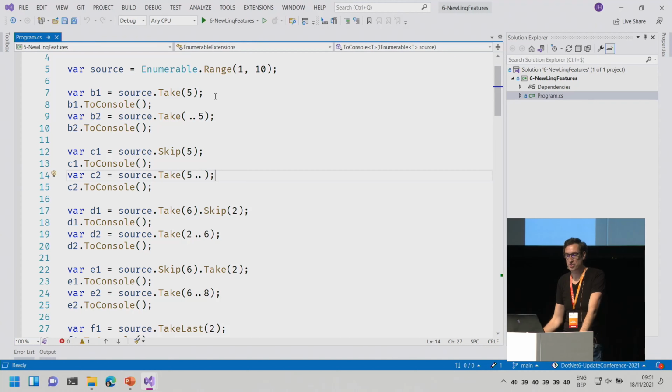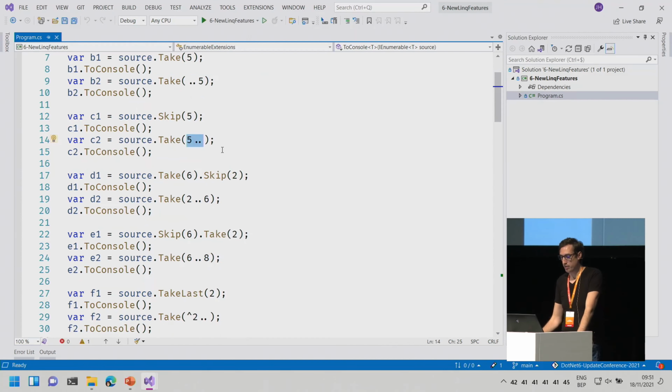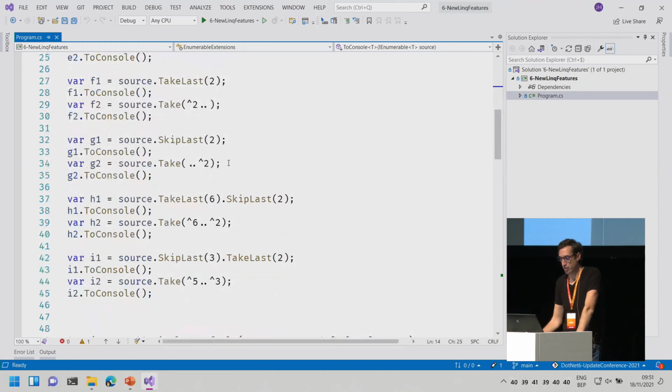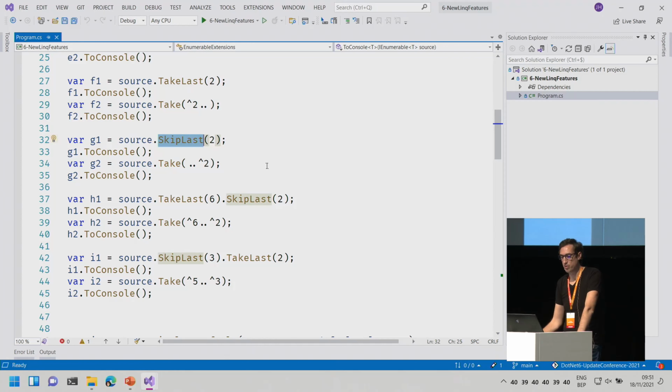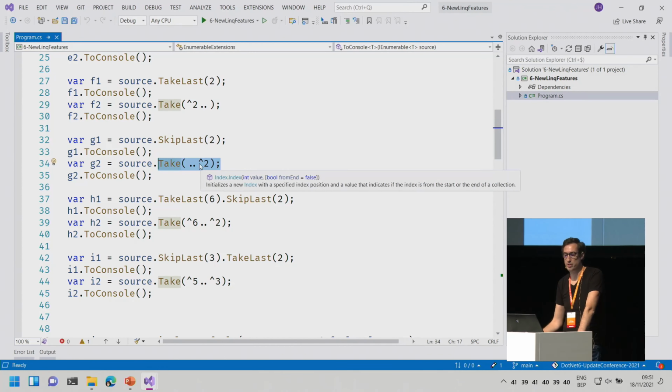Before, LINQ did not understand these new things. So you can do take, and you don't need to do skip, because you can do take from 5 up until the end. Beforehand, you needed to do the skip and the take together. You can have all sorts of variants on this. Skip the last 2, or you can take from the beginning up until 2 from the end, which is the same thing. So here's basically a choice for you as a developer. What do you like most? If you think this is more clear, just use this. If you think this is very cool and it's more clear to you, you can use that. Both do the same thing. Very cool.